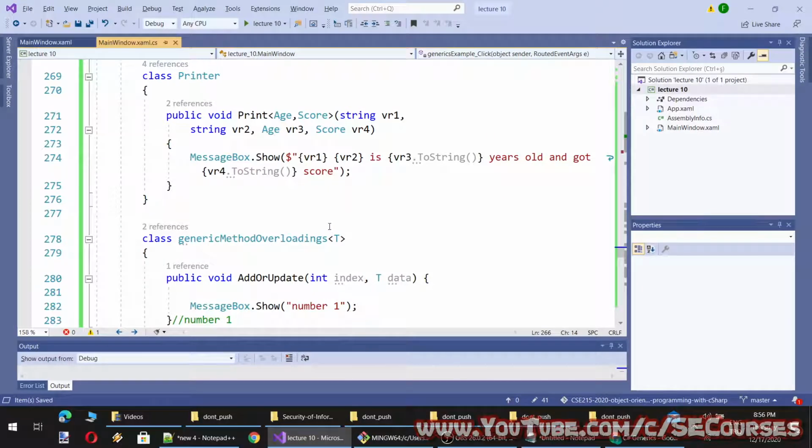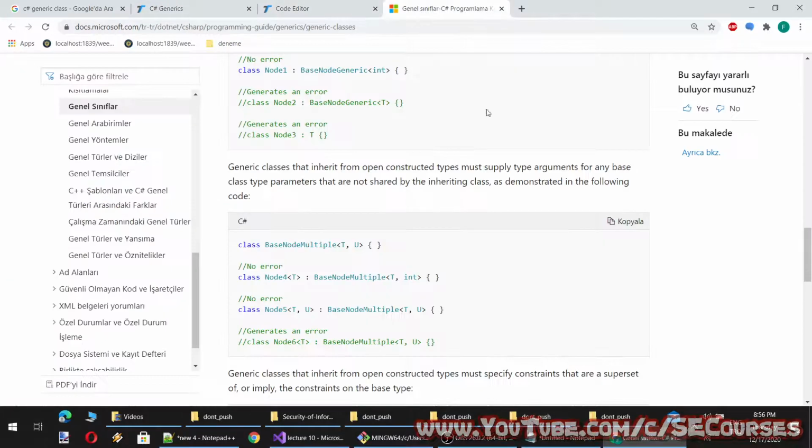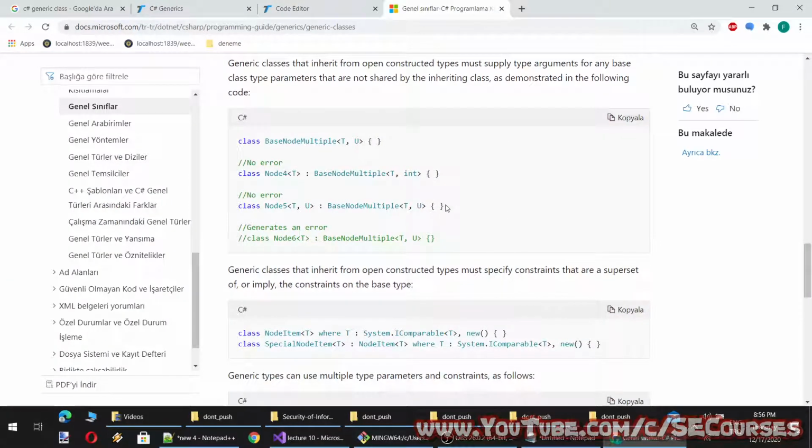Generics and non-generic classes methods can be mixed. Okay, so let's see if there is anything different in the example of Microsoft. You see it says this one generates an error because it is inheriting a generic class which uses T and U as generic data. However, if you provide only single generic data, it throws error.